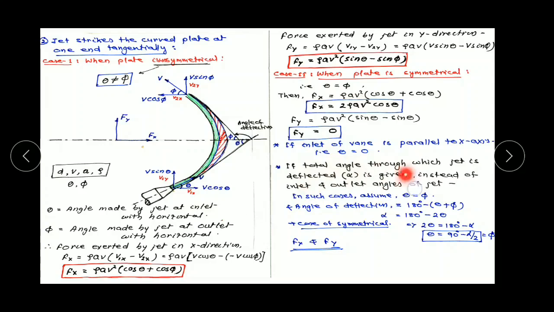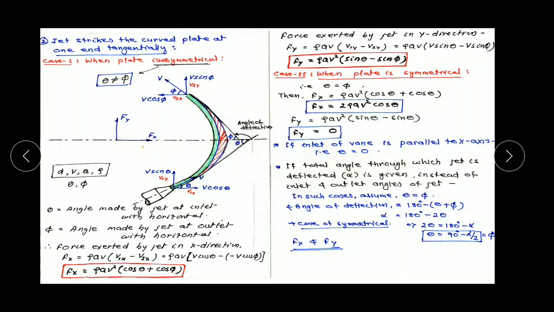Next point: if the total angle through which the jet is deflected is given instead of the inlet and outlet angles. If the inlet angle theta and outlet angle phi are not given in the question, but one more data, the angle of deflection, is given. See here, angle of deflection equals 180 degree minus theta plus phi. But in this case, if theta and phi are not given, we should assume that theta equals phi, that is the symmetrical case, and the angle of deflection equals 180 degree minus 2 theta. Let us assume the angle of deflection is alpha,